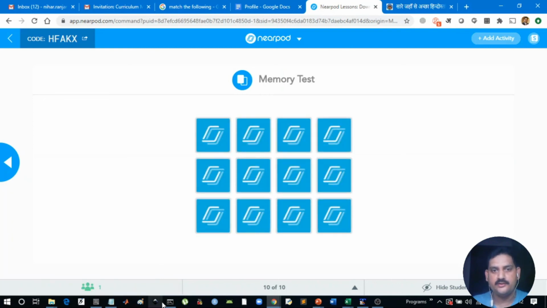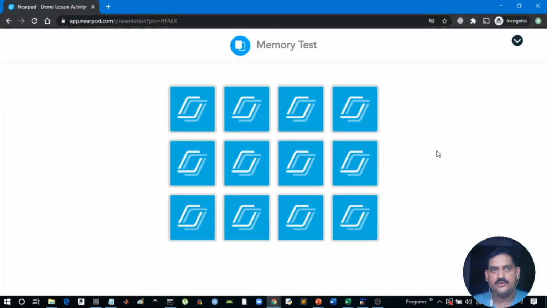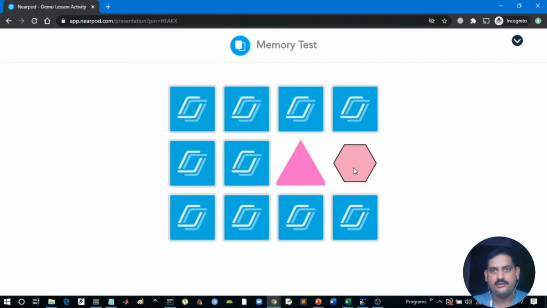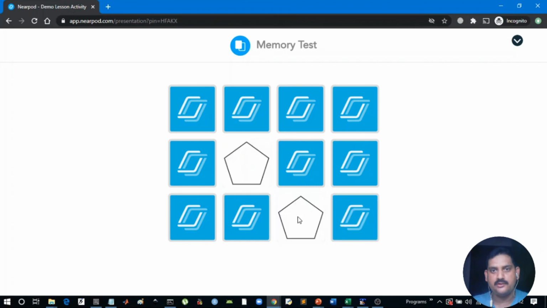This is the final activity, and let us come to the student screen. Square, triangle, pentagon, circle, this and this are the same, circle and pentagon.